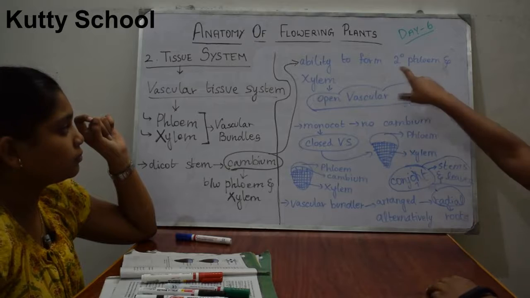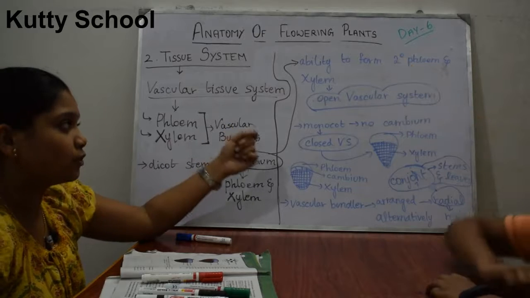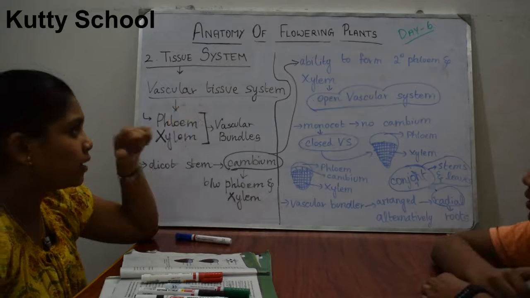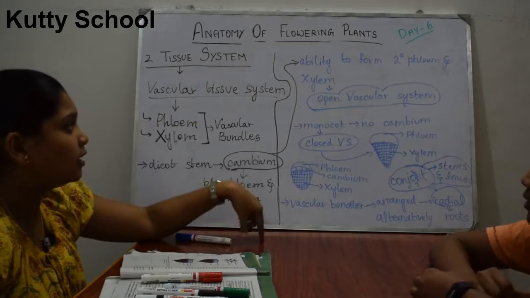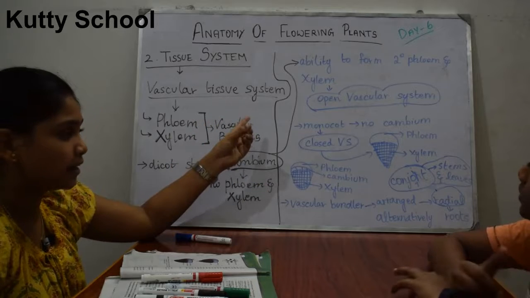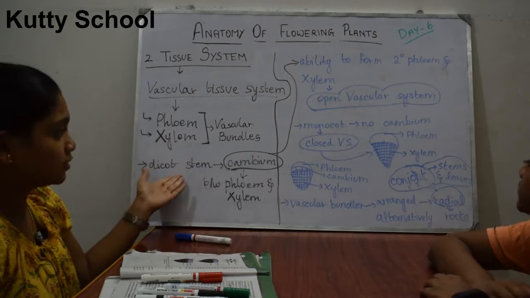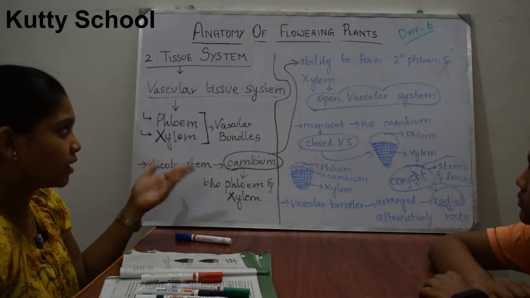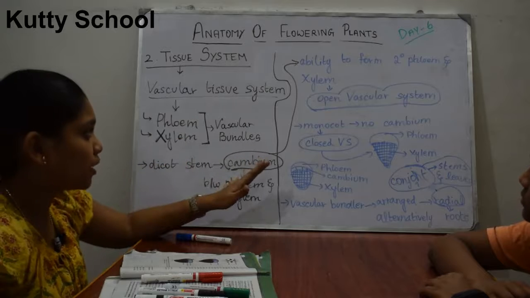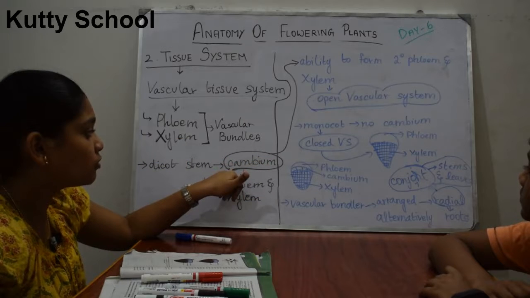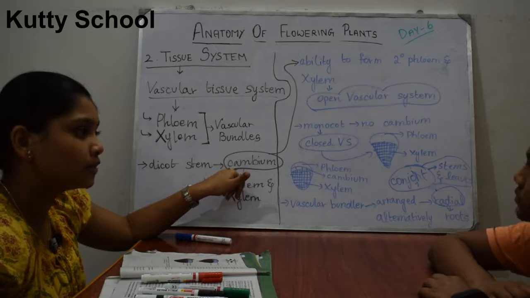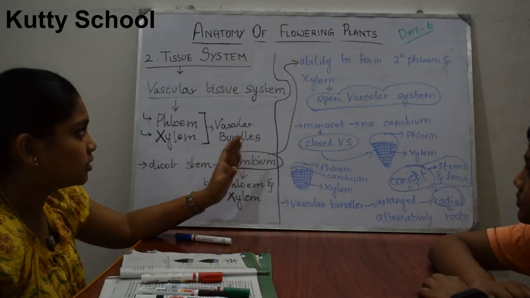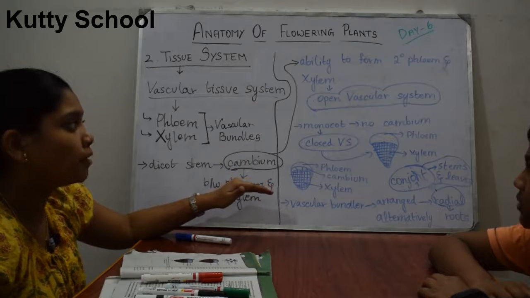It just comes for secondary. And for tertiary you would have a third degree. This is secondary phloem and secondary xylem. Since the dicot matures and forms secondary phloem and secondary xylem, it is known as an open vascular system. Because of the presence of cambium, it differentiates and forms secondary phloem and secondary xylem, so it is known as open vascular system.